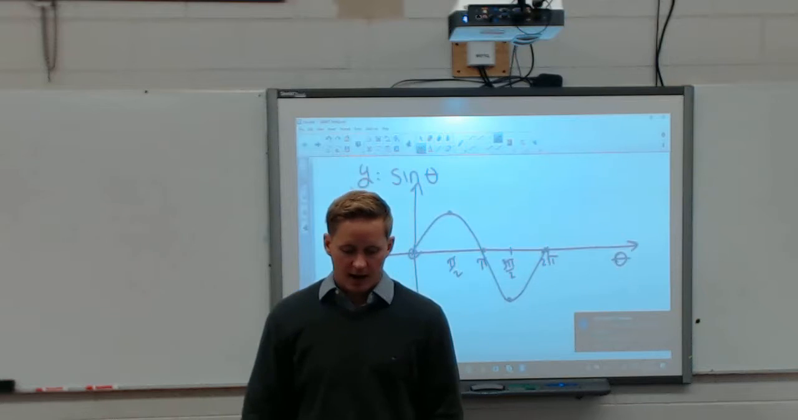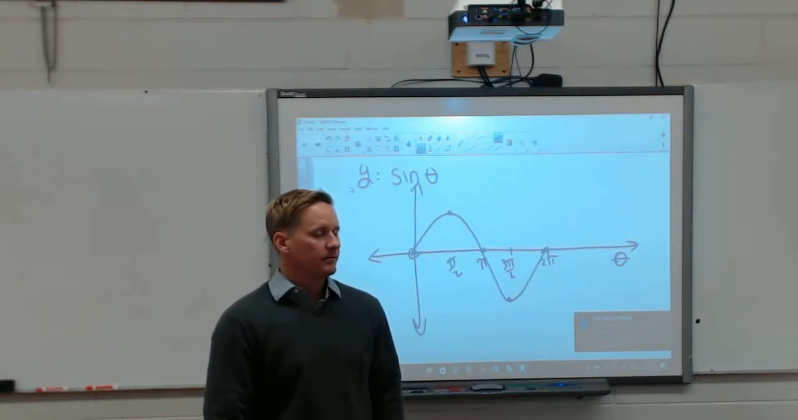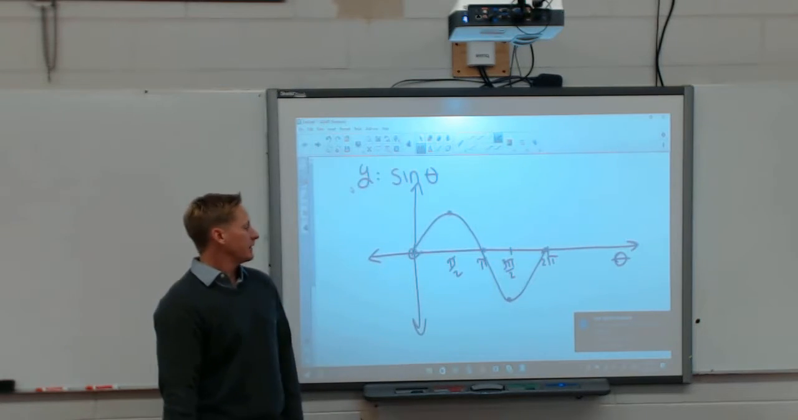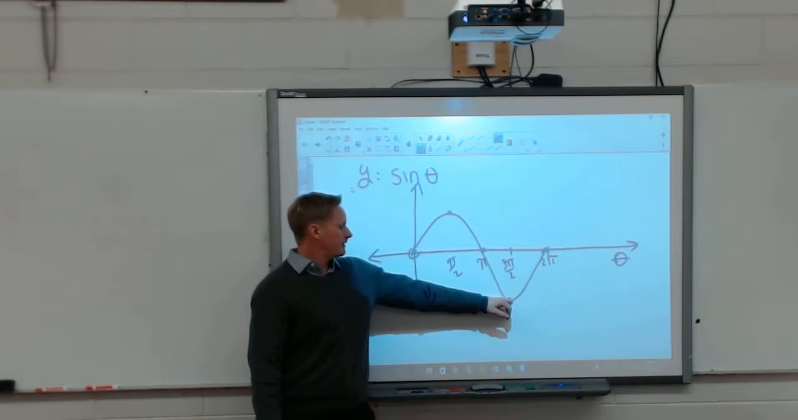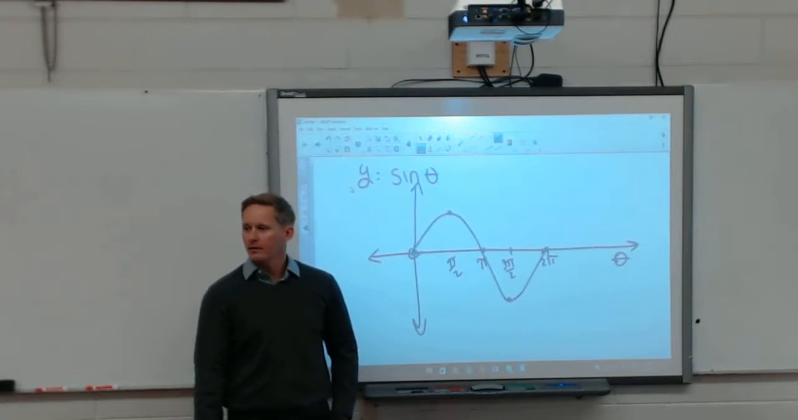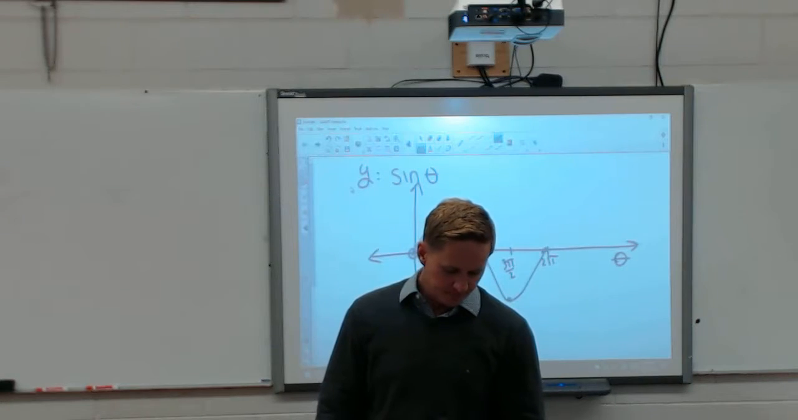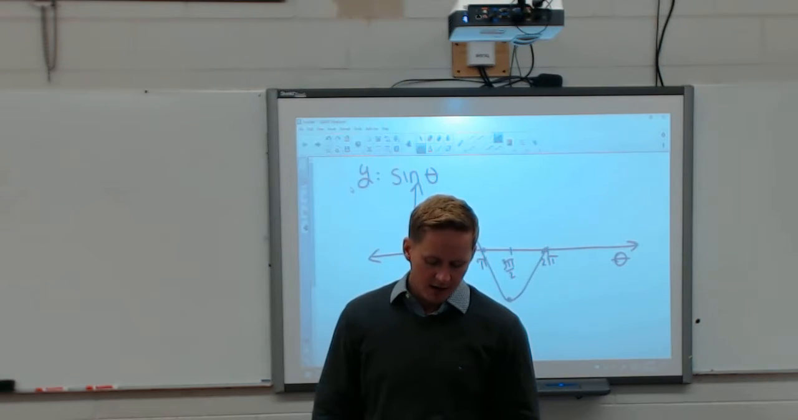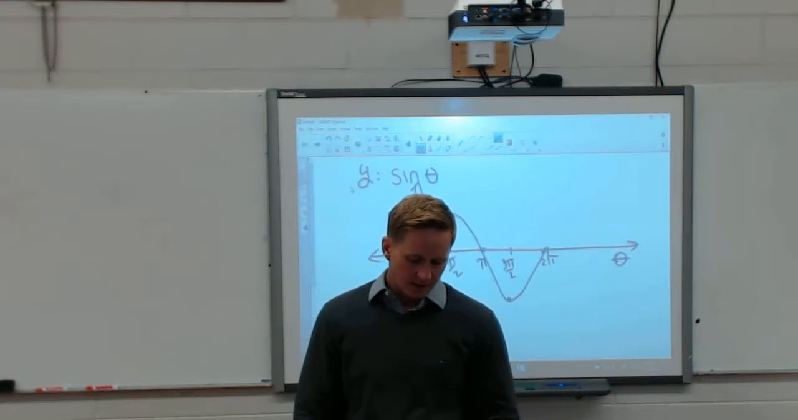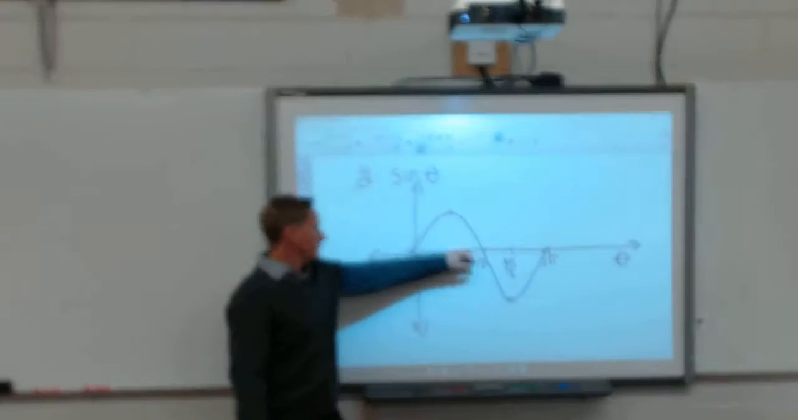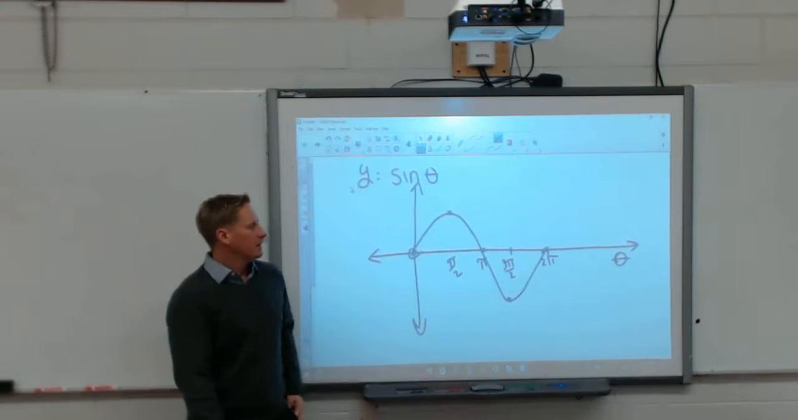What's the range for this graph? Right? Negative 1 to 1. Your low point, negative 1, your high point, plus 1. So that's your range. Okay? What's the amplitude of this graph? 1. Okay, maximum displacement from here to here. Okay? So,